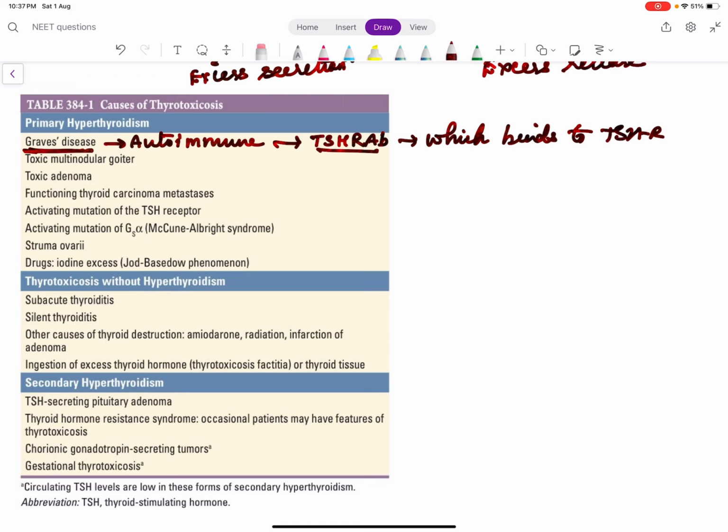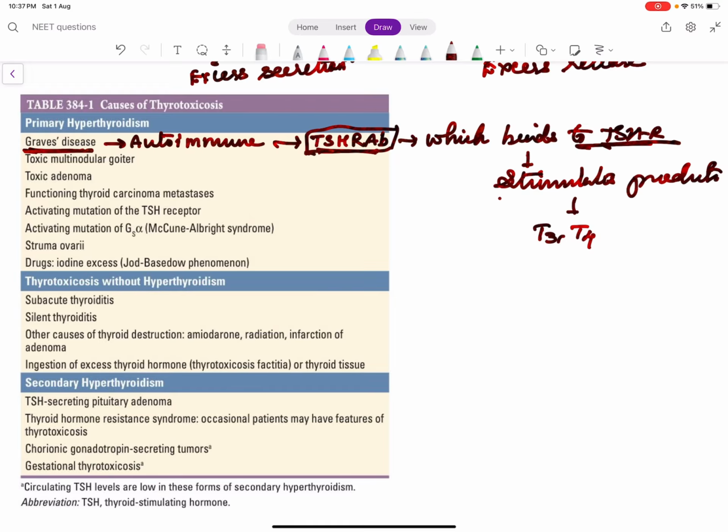As I was showing you in the diagram, when TSH binds its receptor, the intake of iodine, iodination, coupling, everything happens. So in Graves' disease, when the TSH receptor antibody binds to the TSH receptor, it stimulates the entire process of thyroxine production, and T3, T4 become more. So Graves' disease is a stimulating autoimmune disease where the TSH receptor antibody binds to the TSH receptor and increases the production